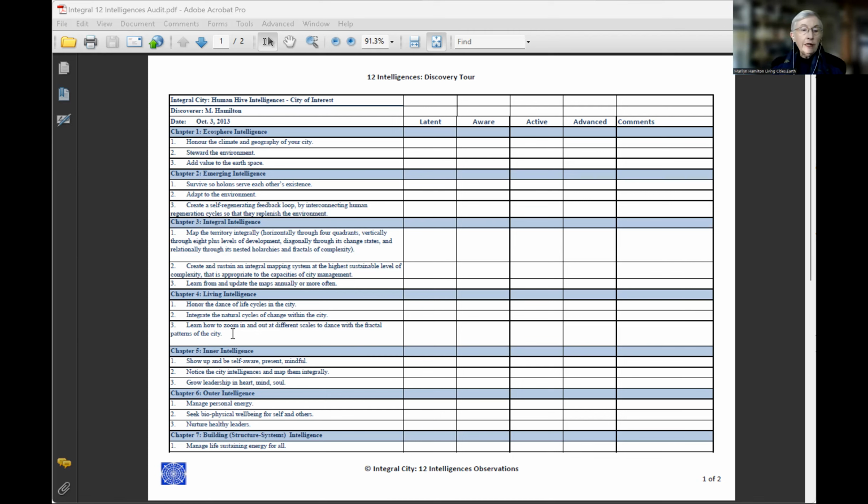Let's now go on to the next two intelligences. The first of these is number 5, the inner intelligence. Inner intelligence is about the consciousness inside an individual, and a way to notice that this is happening is people showing up